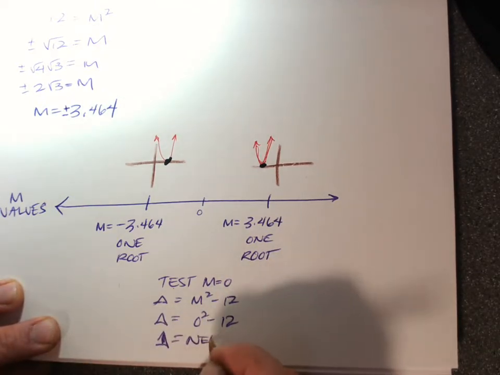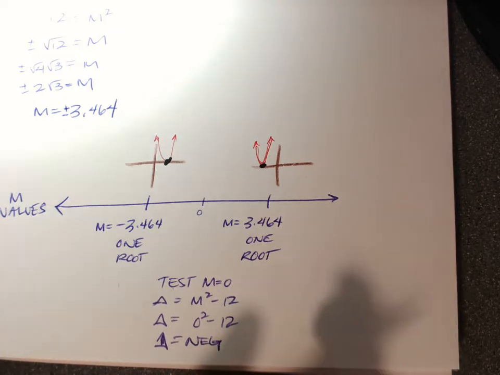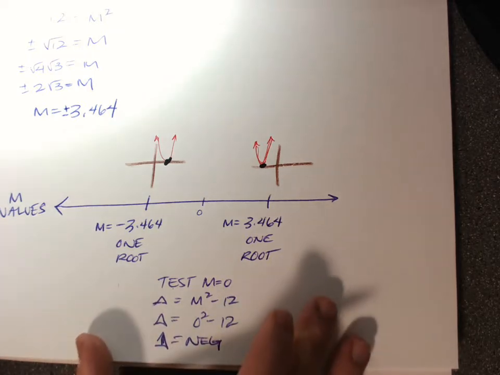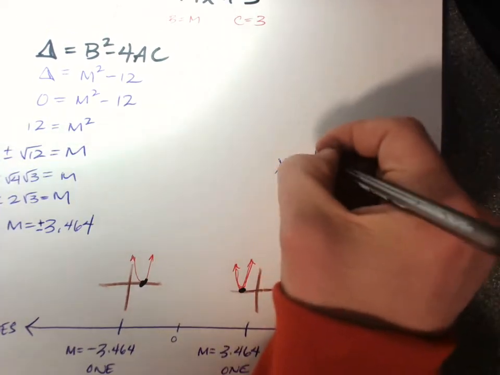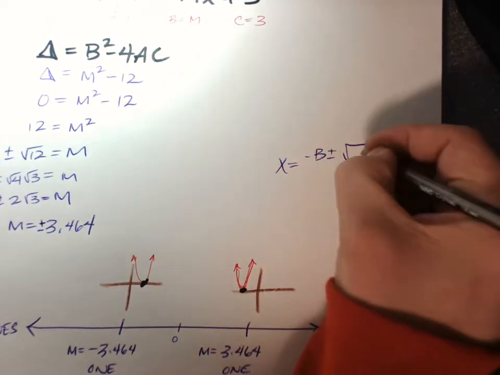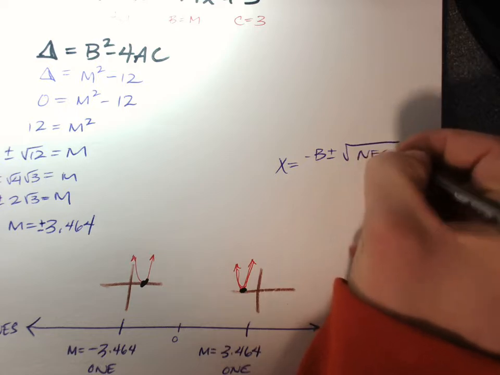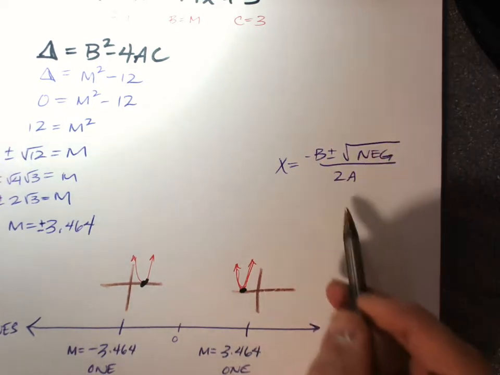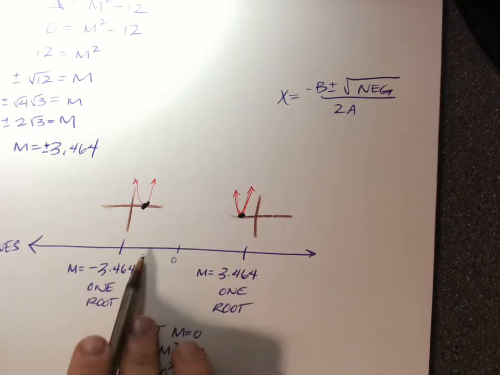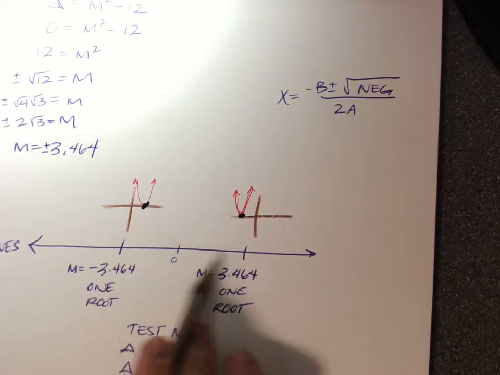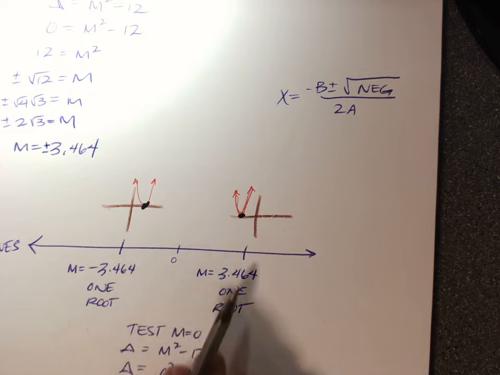Okay, again, doesn't matter that it's 12. It matters that it's negative. And whenever you have a negative underneath the square root, mind you, this comes from the quadratic formula, so let's not lose track of that. If this is negative, then you're not going to have any roots. So we tested 0, but in fact, if we were to test any number in this range between these two magical locations, then